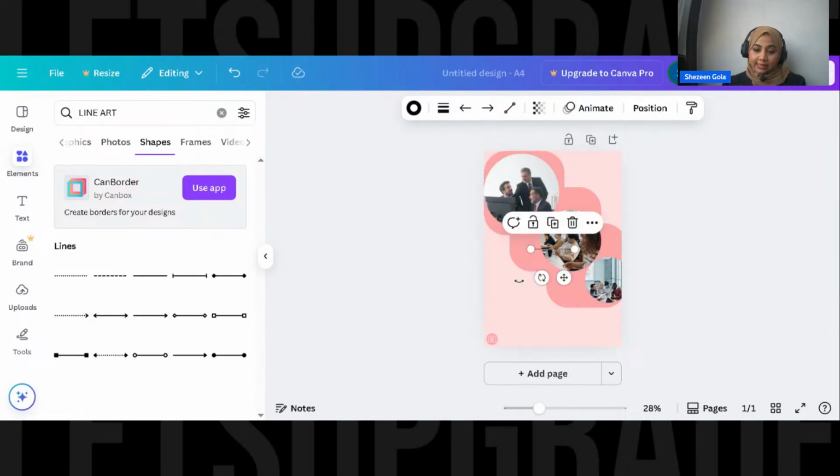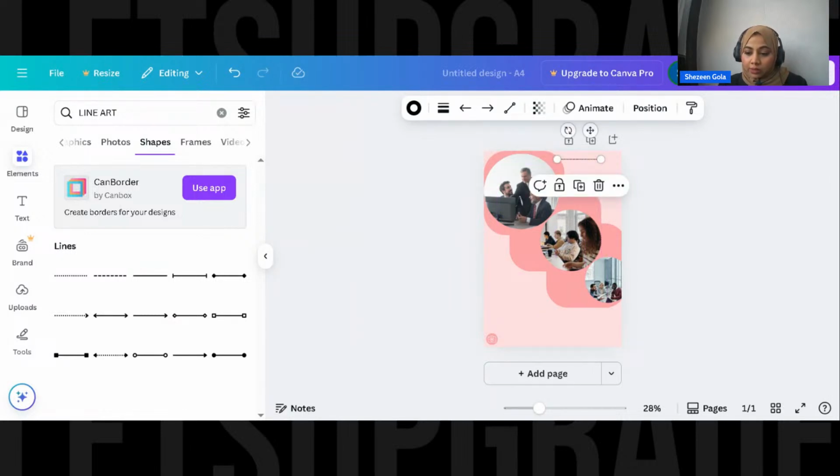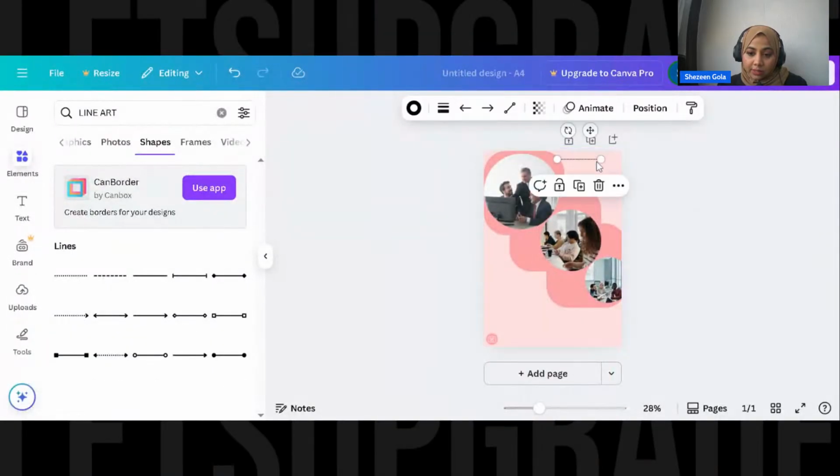Okay. So now again, with shapes, what if I want to give a background to it? So now I'll select this. The moment I select this, you see this line has come. What we can do is we can place it here. Let's zoom in our artwork. So the moment I zoom in, you see this is the artwork and you can minimize your artwork here. So I'll just pull this.